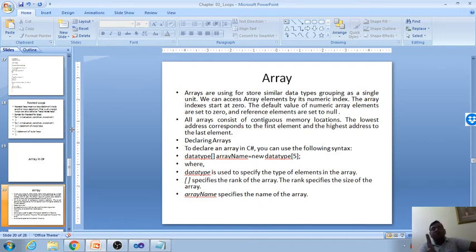We are not able to store double or float type data. So remember, whatever data type the array is, the same data type data we can store inside the array.